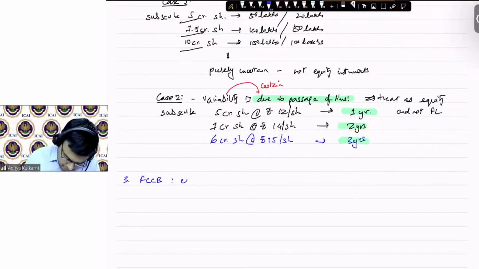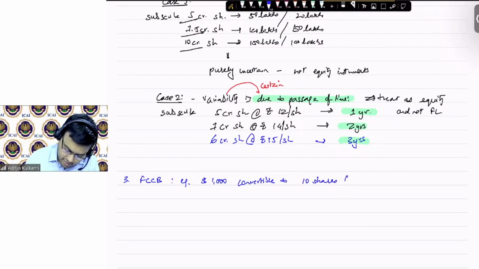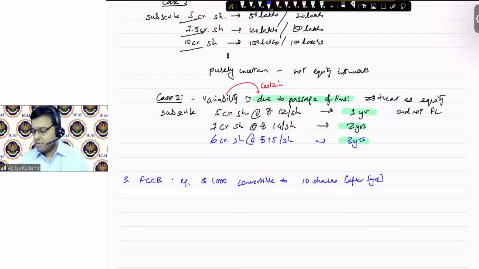Example. $1,000 of the bond convertible to 10 shares after 5 years. After 5 years